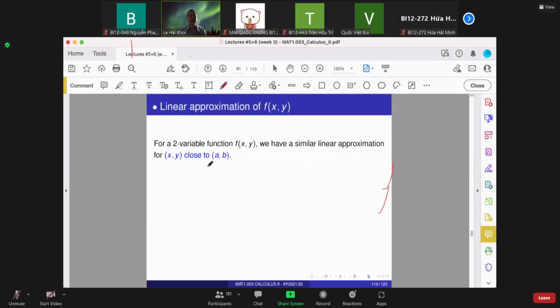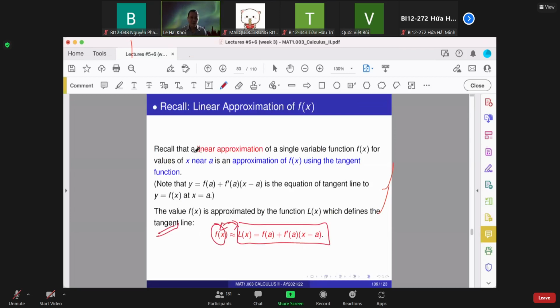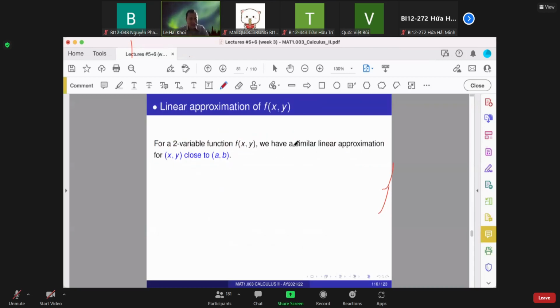So now the question: how about two variables or three variables? Here we talk about two variables. Very near, we understand that the distance between x and a is very small. Small means that the distance from a point to a fixed point is very small, or this point is very close. We want to find the value of